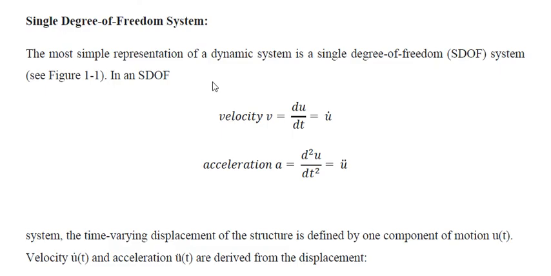Well, here the equation of motion depends on the type of degree of freedom of the system. A single degree of freedom system or a multi-degree of freedom system, whatever the type, the analysis will be different. What do you mean by a single degree of freedom system? A system in which the motion of the system is represented by considering only 1 degree.